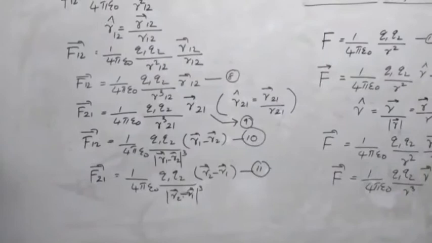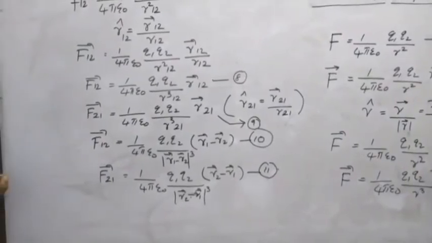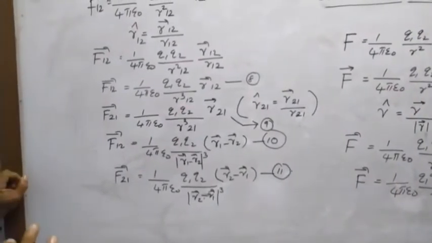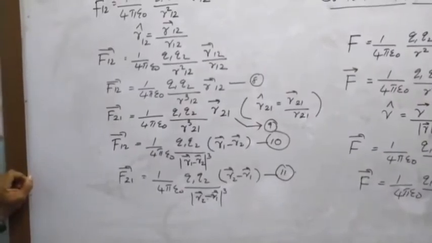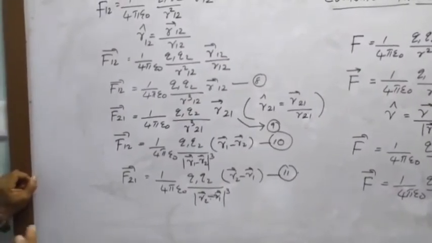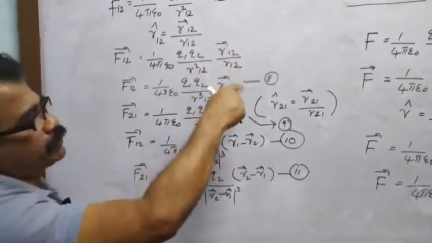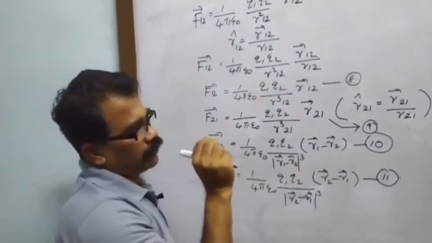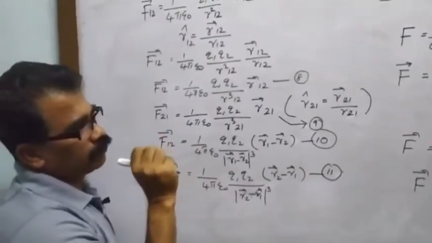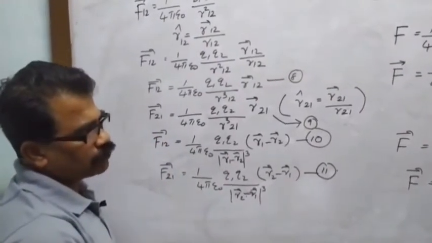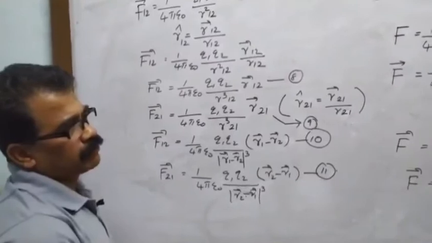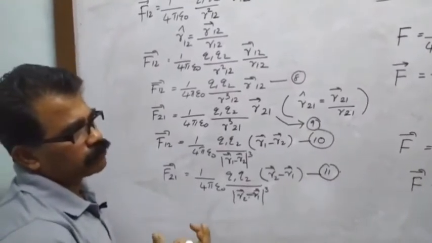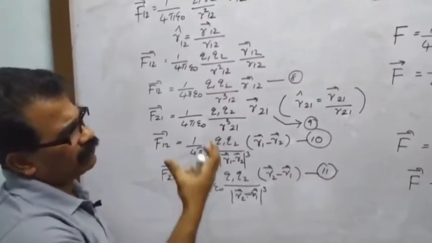So in this section, we have discussed the vector form of Coulomb's law using different equations. Only the marked equations represent the different forms of Coulomb's law in vector form. So, in the coming exam, sometimes a question may be asked: write Coulomb's law in vector form. You can write any form.